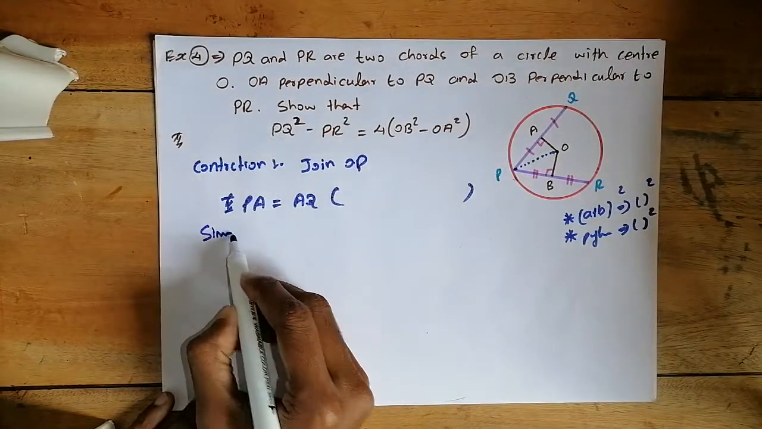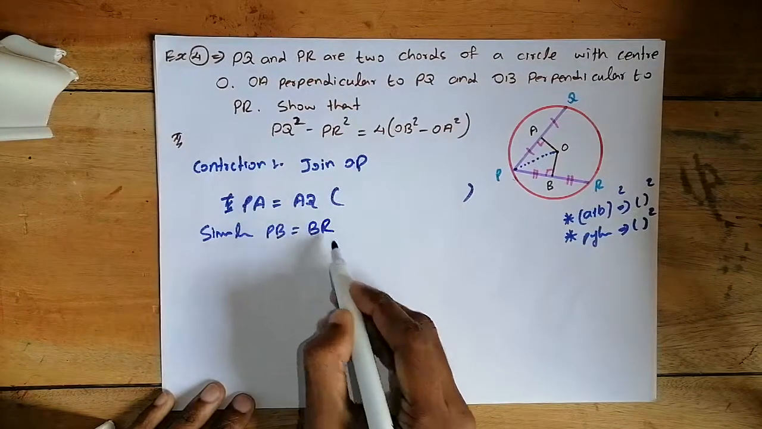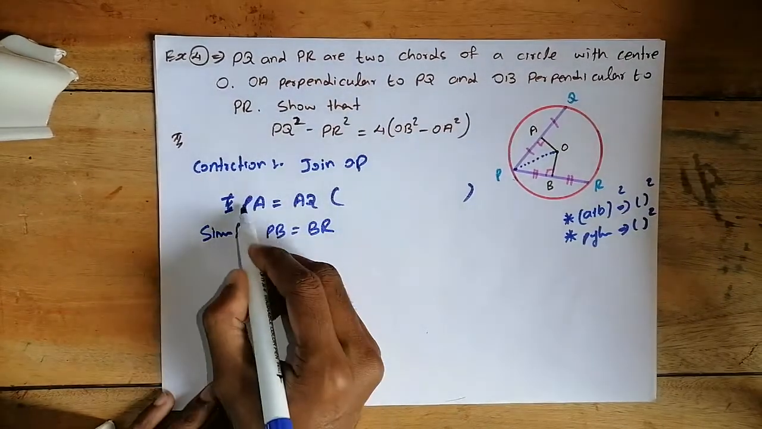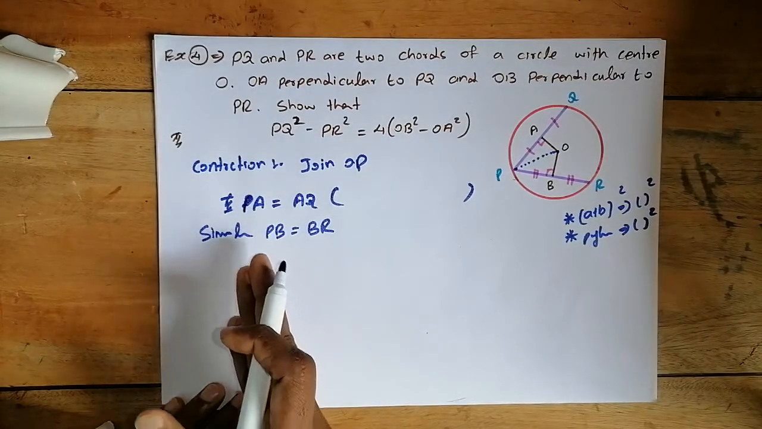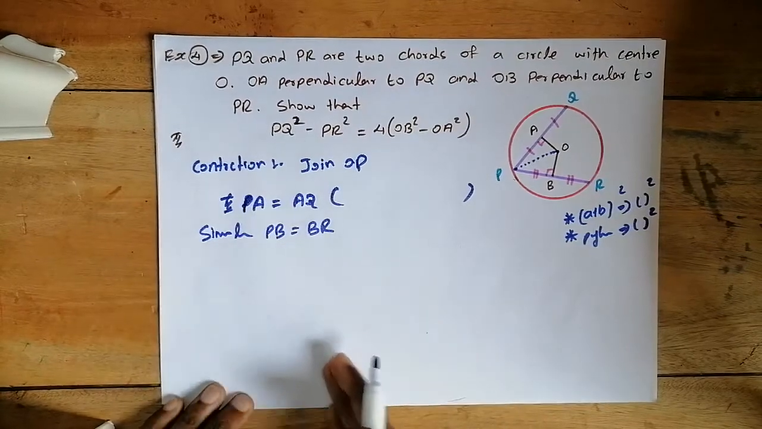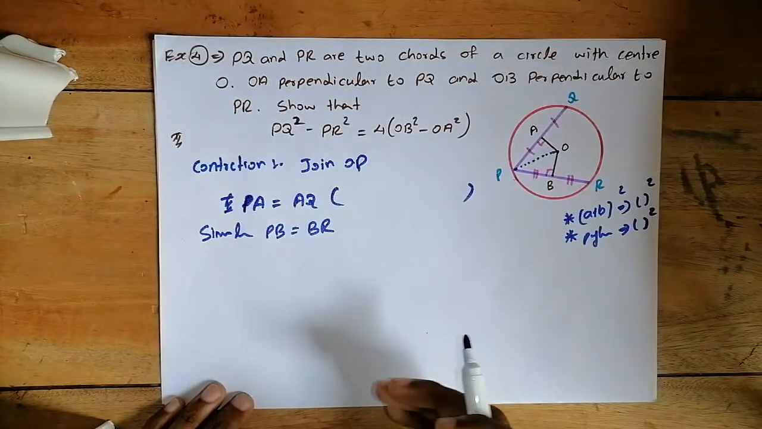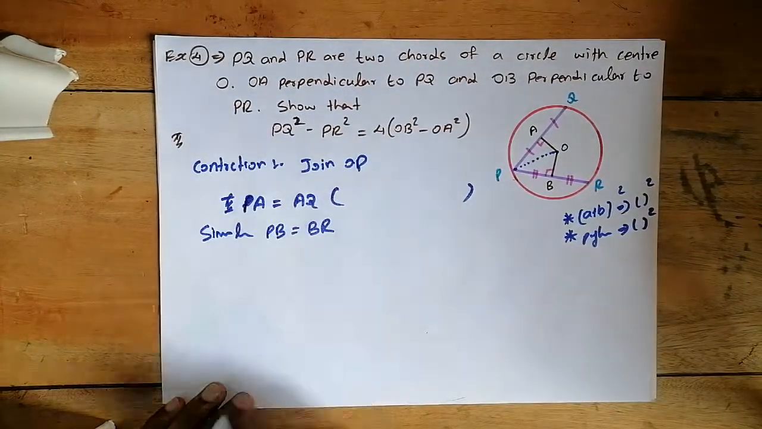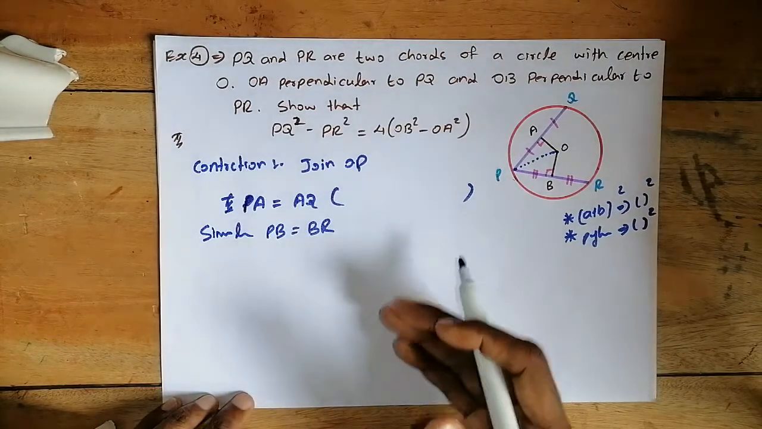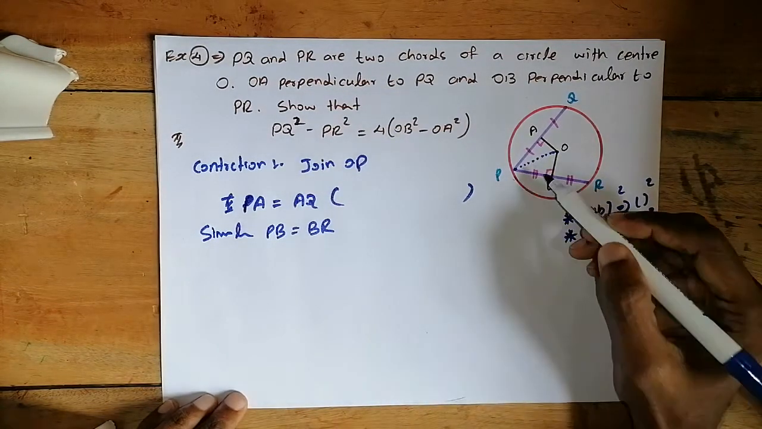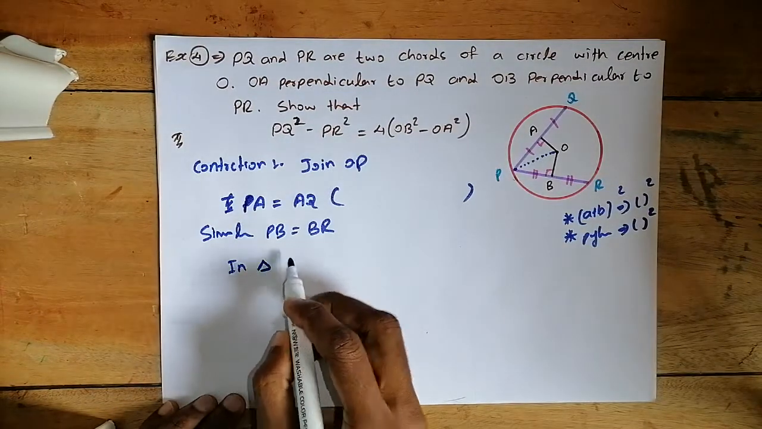Similarly, PB equals BR. Why are we writing the theorems initially? We need to use them in one of the calculations here. When we are doing the calculation, we can't add these steps, so earlier we write those answers, so it is easy to go with the answers. Then we'll take the triangle AOP